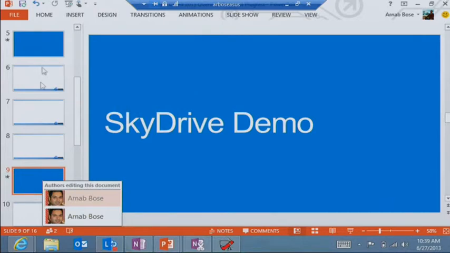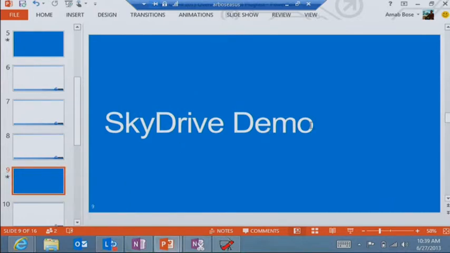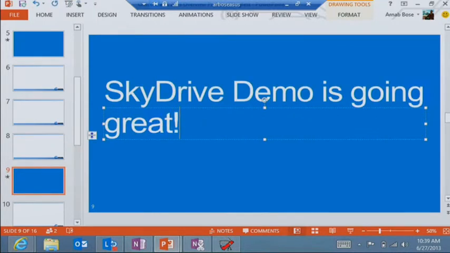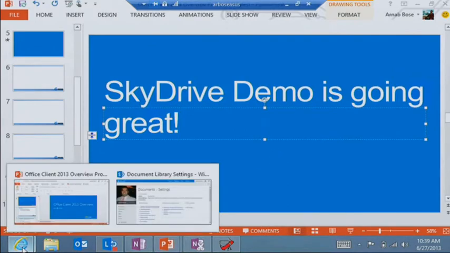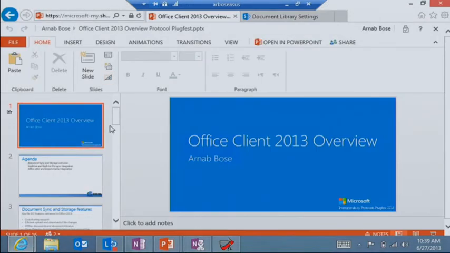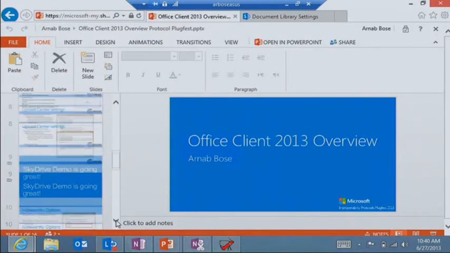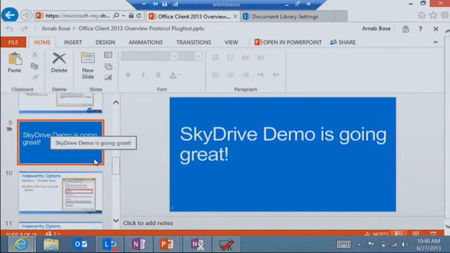Alrighty. So we were in the SkyDrive demo slide. So I'm going to say is going great. And I'll hit save over here. And that's going to upload my changes back up to the server. And if I now navigate to PowerPoint, the web app, there are a couple of things I want to show you. One is the web app also has the same user experience where it shows you the list of editors. The second thing is the changes are already there. So I made some changes in the client application. This is now the website, and the PowerPoint web app is also reflecting the edits I made to the document